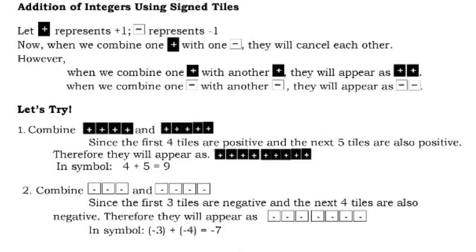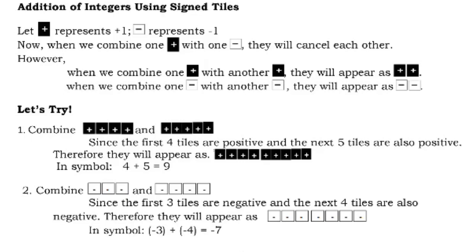Let's try. Number 1. Combine 4 plus tiles and 5 plus tiles. Since the first 4 tiles are positive and the next 5 tiles are also positive, therefore they will appear as 9 tiles. In symbol, 4 plus 5 equals 9. Number 2. Combine 3 minus tiles and 4 minus tiles. Since the first 3 tiles are negative and the next 4 tiles are also negative, therefore they will appear as 7 negative tiles. So in symbol, negative 3 plus negative 4 equals